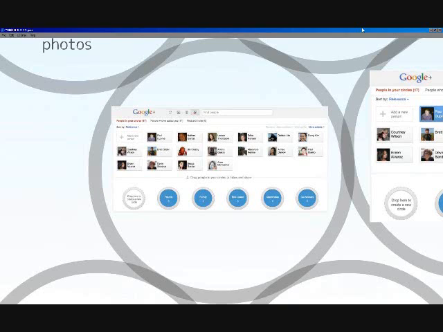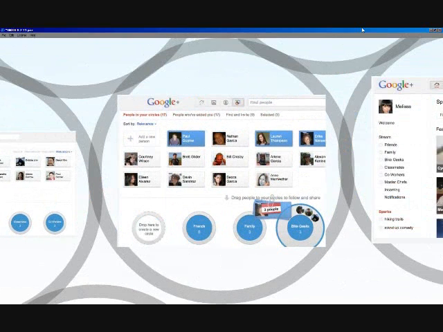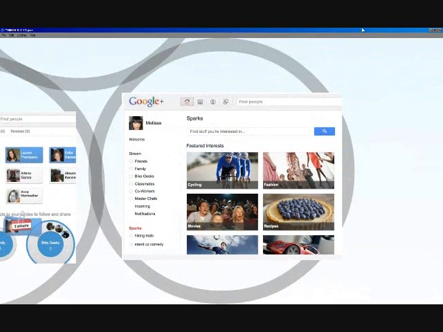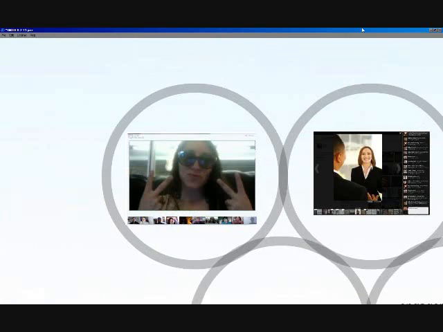Circles are like your Facebook friends. You can select multiple friends. You can drag and drop them into specific groups. These are called circles, and it really allows you to send content to only specific groups. The Circles editor makes it easy to add and remove friends from different groups. Sparks is Google's content recommendation engine. You can search for different content and find relevant articles, videos, photos. You can share those things with your friends. And as well, Google feeds you information in Sparks based on your own personal interests.